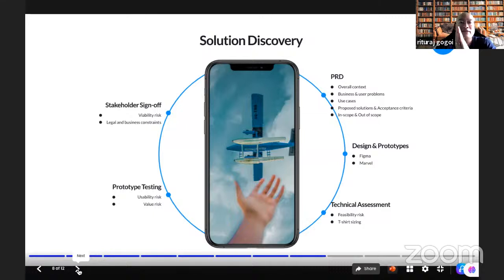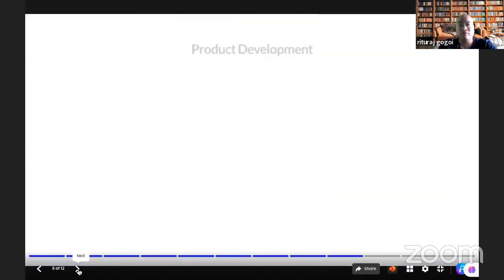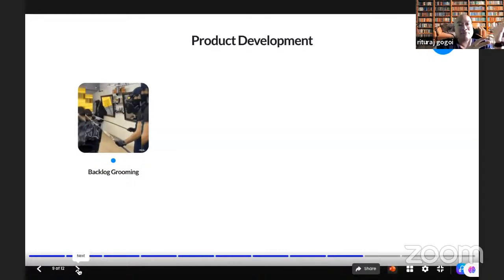So checking that with your stakeholders is again a very, very important concept here. Okay. Now, once we had everything in place, we finally moved into what we call product development. Okay. The first stage of product development is, again, because you have already done the majority of the task, you